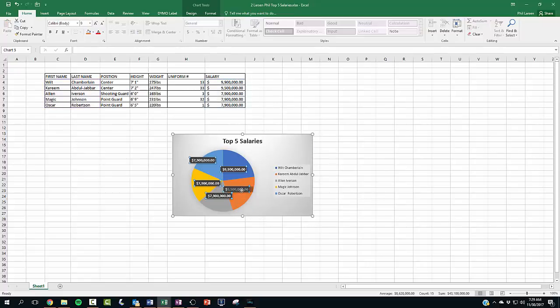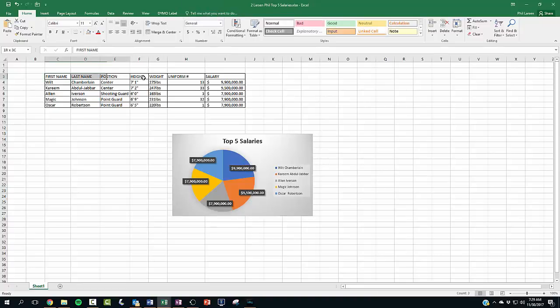I personally feel like moving these around a little bit more if I can grab them. They're being a little touchy, so I'm going to have to play around. There it goes. Move this one over, and then I want to move that one over because they're such large numbers. I noticed that if you click on one, they all get selected, but then if you click on it again, only that one gets selected, and then you can move just that one. Okay, and I think that looks a lot better.